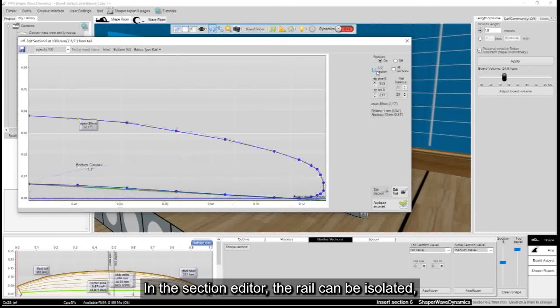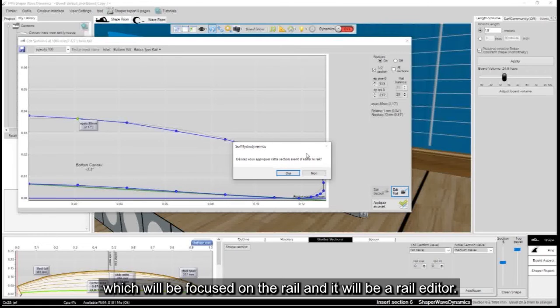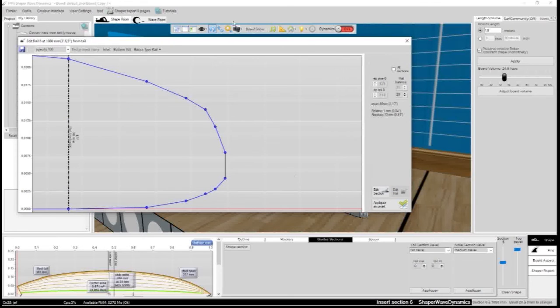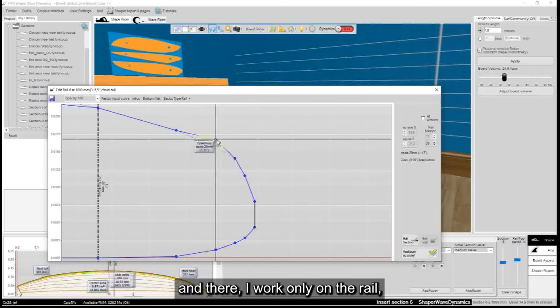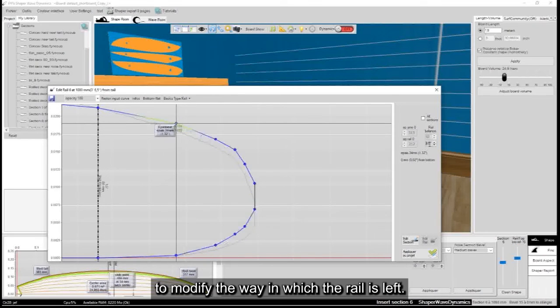In the section editor, the rail can be isolated. Then we have a section editor, which will be focused on the rail, and it will be a rail editor. And there, I work only on the rail. We keep the possibility here to modify the way in which the rail is left.